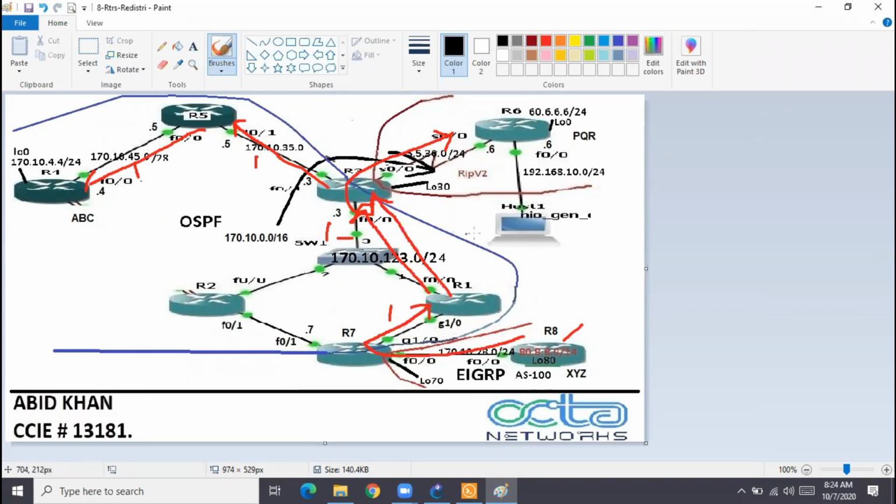This is the story of OSPF internals. This is internal to OSPF. In RIP and EIGRP, it's not like that. In RIP and EIGRP, they don't have all this external type 2 or external type 1, all this blah blah. If you see the routing table here. Let me erase.